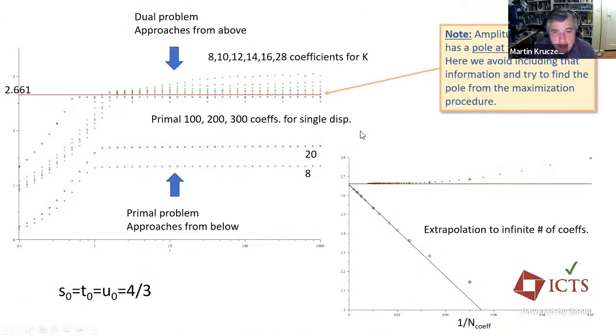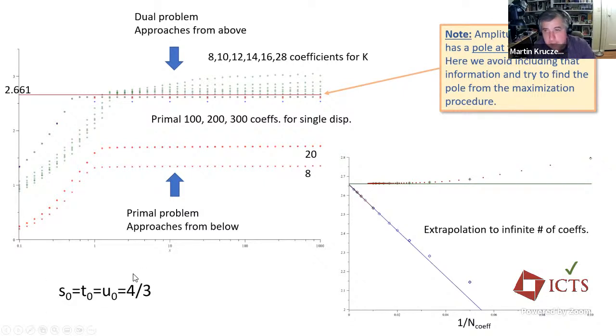Okay, so now I'm going to show results from the numerics just to illustrate some points. The numerics here, I'm trying to evaluate the scattering amplitude at the most symmetric point where all the Mandelstam variables are equal. And once again, we do the primal problem by proposing more and more general scattering amplitudes, and the bound goes up. And then we do the dual problem where we put more and more constraints and the bound goes down. And here we do an extrapolation with a number of coefficients. For some reason, the dual approach converges faster to the maximum,